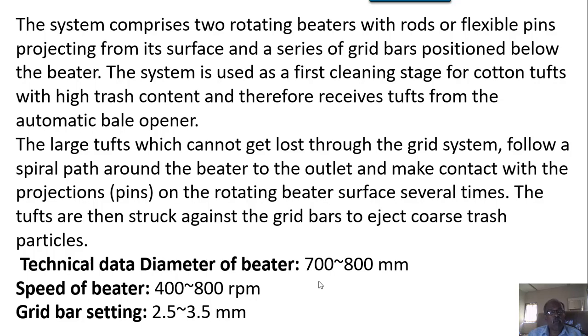Grid bar setting 2.5 to 3.5 mm, they are quite wide apart here. So that is avoided here. Free flight beating is done. Speed of the beater is normally 400 to 800 revolutions per minute, and the diameters of the beater are 700 to 800 millimeters. These dimensions play an important role